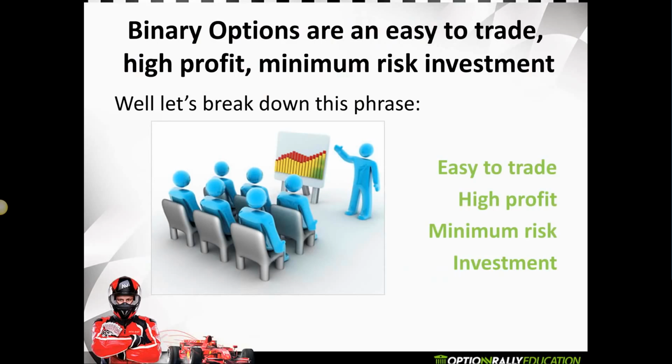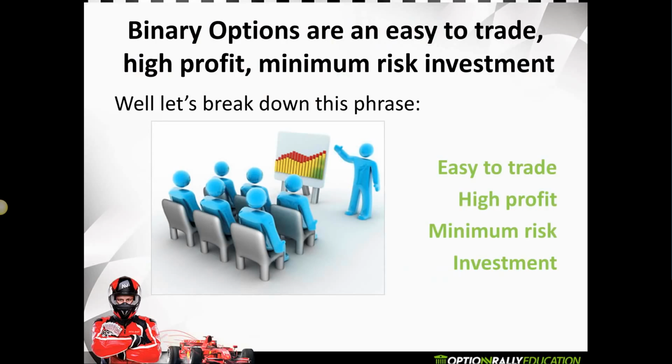So the only risk you ever have is the dollar amount you type in the screen, and the only selection you have to make is determining whether an asset will go up or down. Not how far, just the direction in which it will travel. The average binary option trade pays 81% profit, and the average trade takes place in 15 minutes. So if you could turn your investment 4 times in 1 hour, that means you could technically make 320% profit. But again, you have limited risk because all you're deciding is if an asset will go up or down, not how far it will go up.